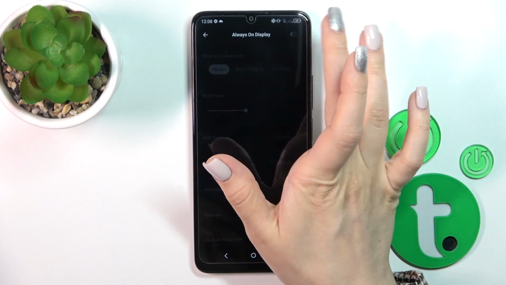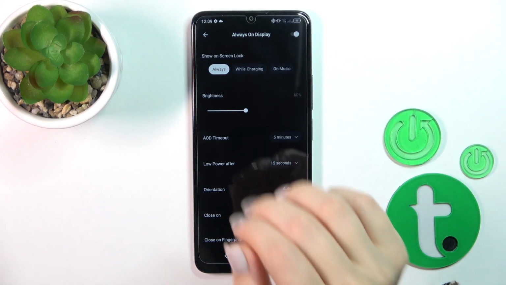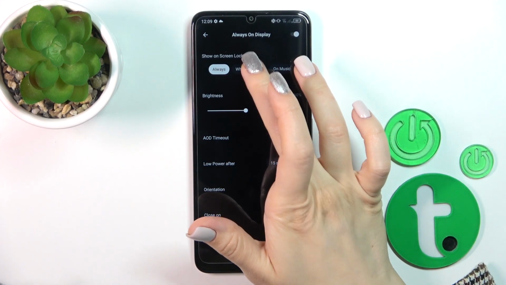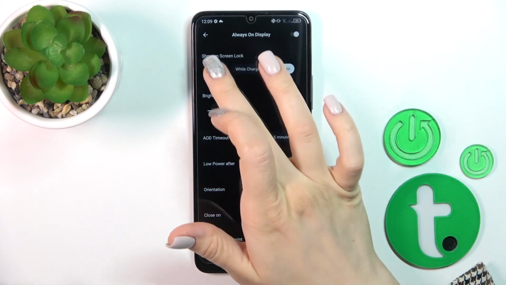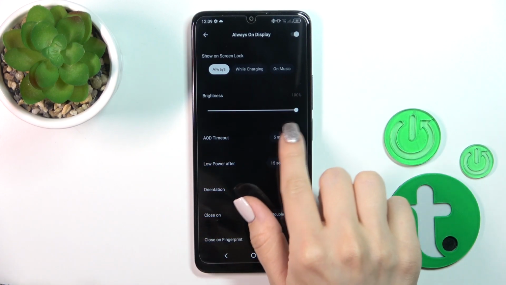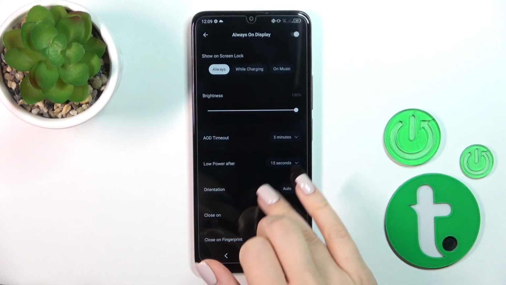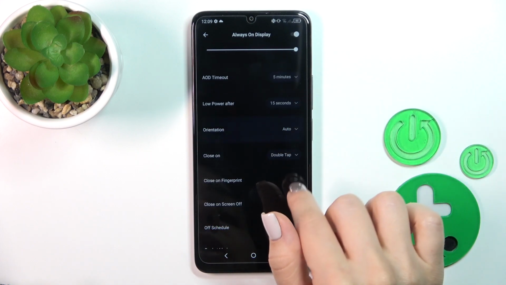Here in the upper right corner we've got the switcher to activate or turn off the always on display option. You could also show it on the lock screen always or while charging. On music we could also use these two options separately. To decrease or increase the brightness level, to change the AOD timeout, low power after time, screen orientation, to close